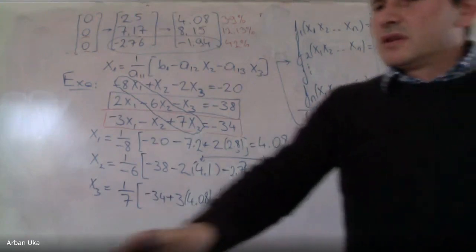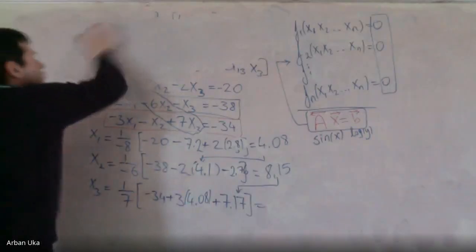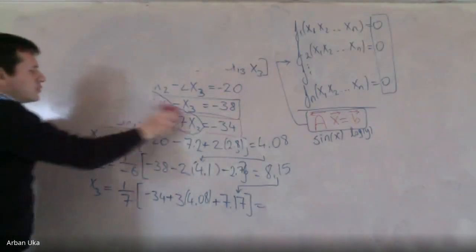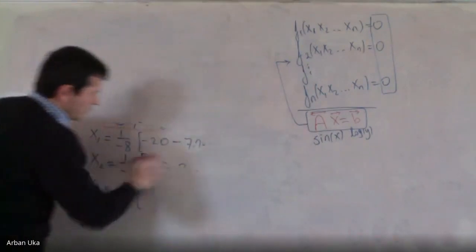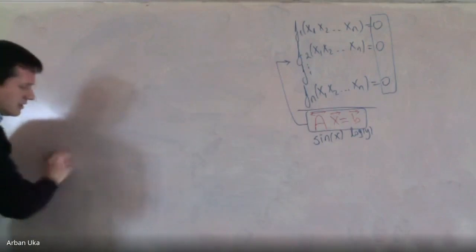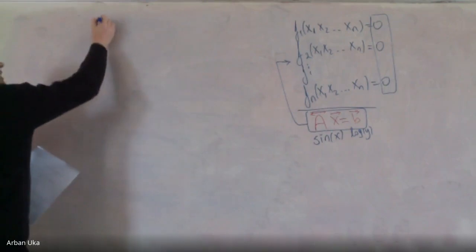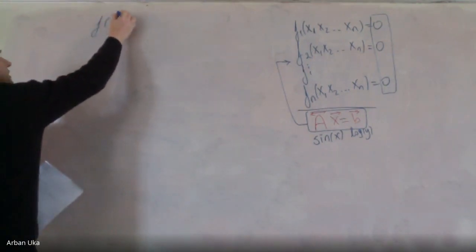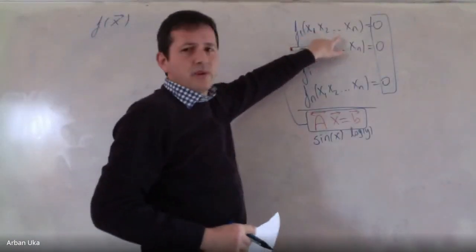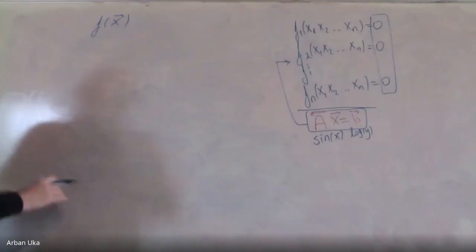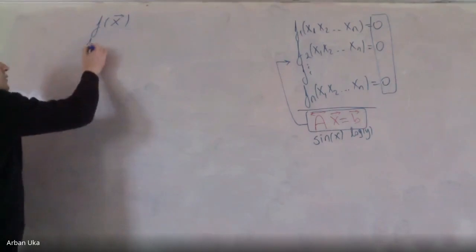Now, if you remember, how did we start to solve with the Newton-Raphson technique? We did the Taylor series expansion. So we were trying to find the Taylor series expansion, and this includes something like this. Now the function f is a function of x. Since this depends on x1, x2 up to xn, this function depends on x, and we can do a Taylor series expansion like this. We can say that f,